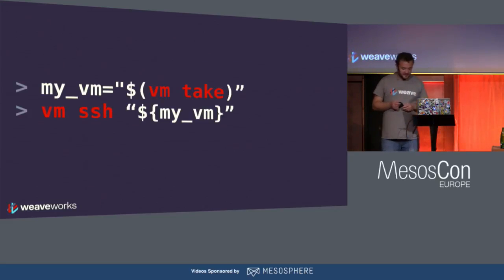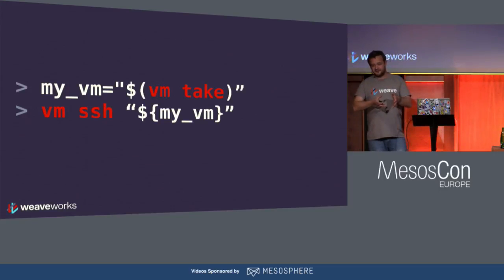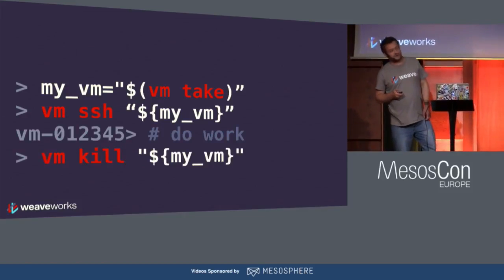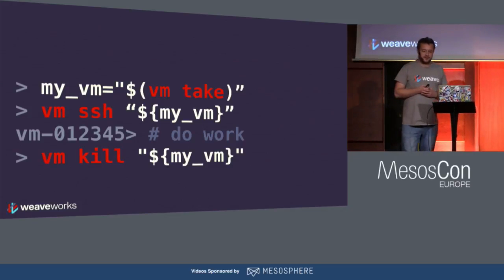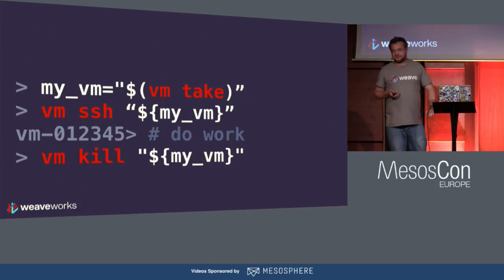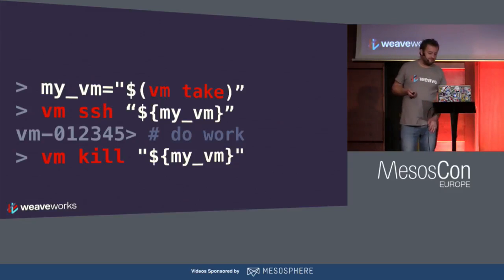Another thing I happened to implement there: I removed a bunch of things and implemented this, which was okay. We had this pool of VMs where a developer would go and say, I want a VM. They'd run a VM command, then SSH to it and do some work and throw it away, right? And we didn't have Packer. We could have used Packer if we were aware of it, but we weren't. We used VMware. Okay, fine. But this could have easily been replaced with a bunch of Docker containers, really, right?